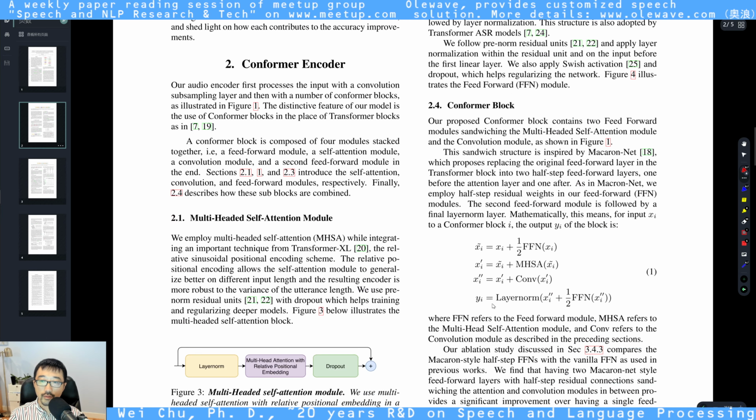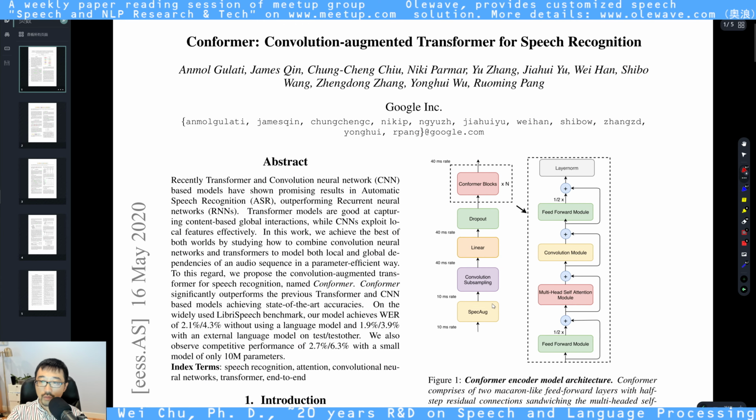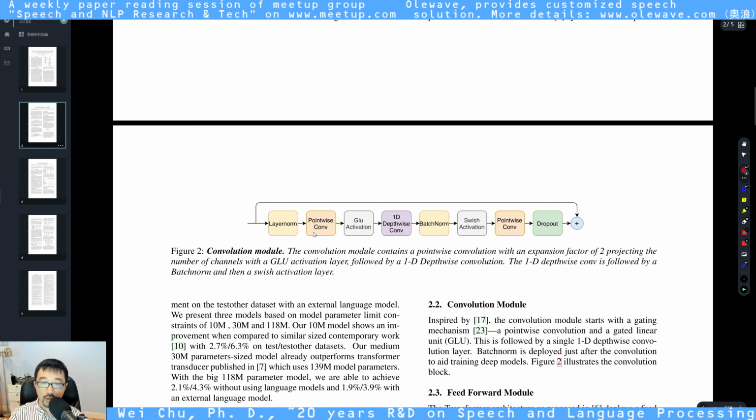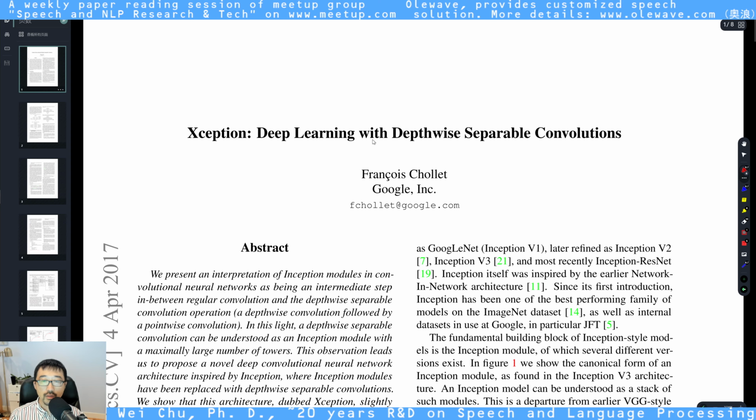this type of macro network, showing the figure 1. And in that network, they also talk about the pointwise convolution and the depthwise convolution. In order to understand this, I dug further. So I found that this paper, Xception, which is a computer vision paper. I'm trying to do my best to view the paper from a speech researcher perspective and see if I can